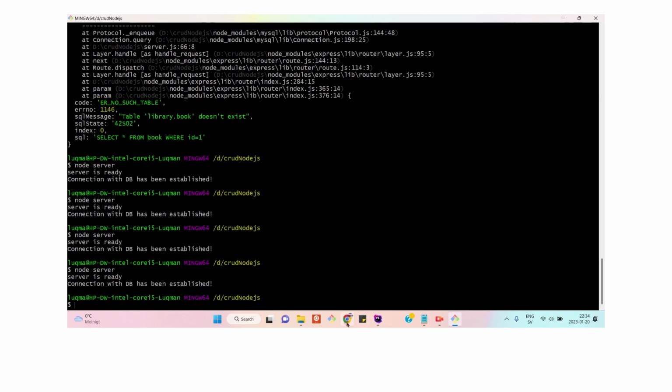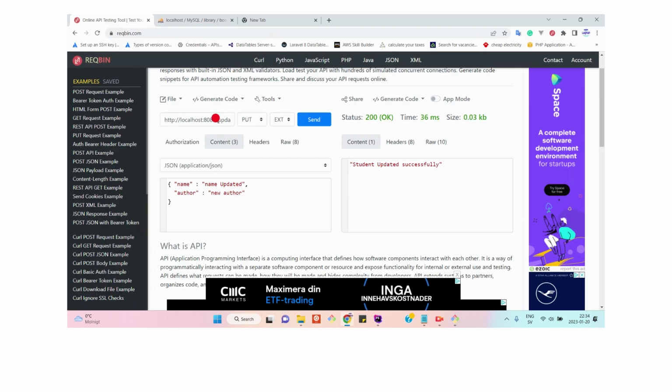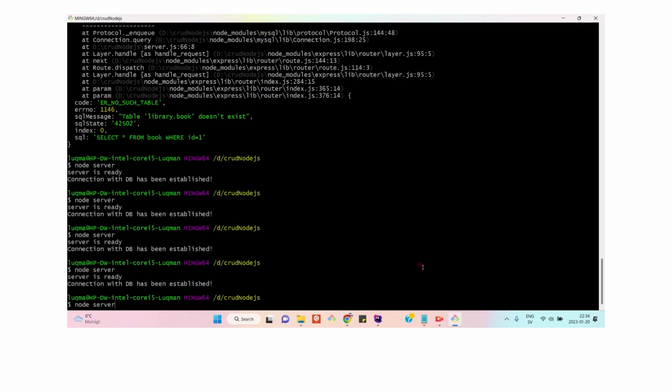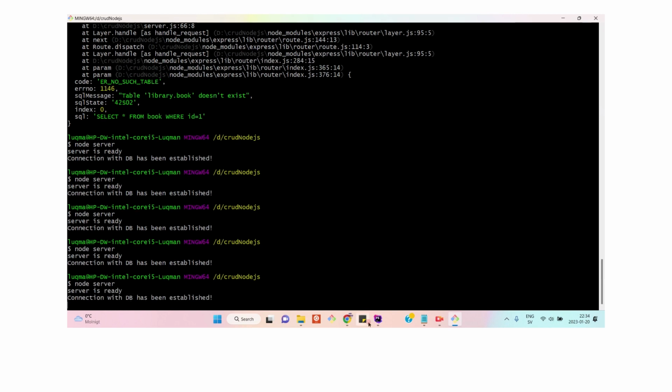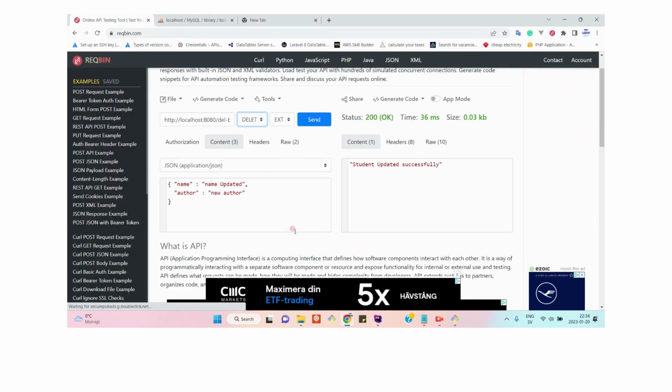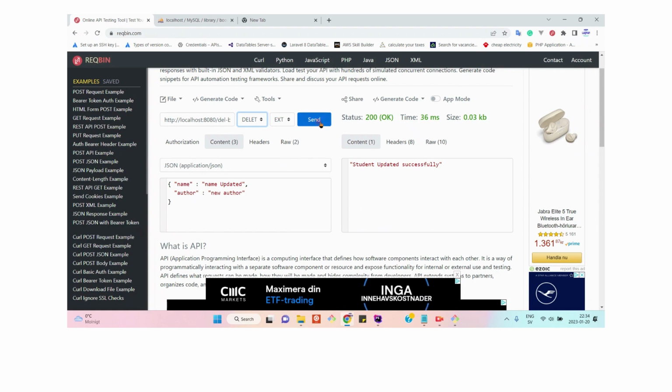Okay, stop the server, and replace the URL del book, and suppose we want to delete the book which has the ID 2, right? And here we need to make that delete request. Restart the server, right? And then okay,